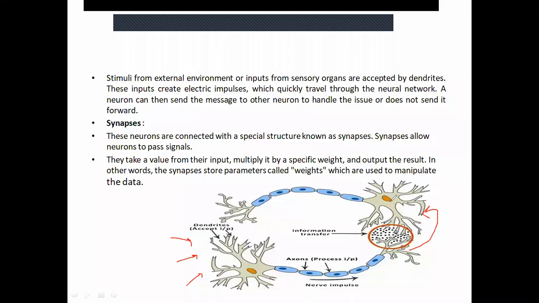Again, this neuron will process that information. These are the dendrites of the other neuron. Again, the information is passed through these axons to these axon terminals, and through this again the information is passed to the other neurons. So this way you can see that there are many neurons connected to each other. There is another neuron, another neuron. So that is your biological neural network.